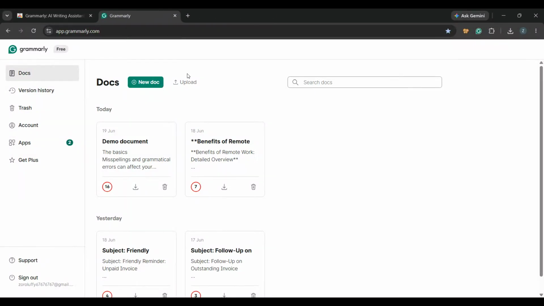If you want to sign out of your Grammarly account, this quick guide will show you exactly how to do it in just a few seconds. This is helpful if you're using a shared device, switching accounts, or just want to make sure that you've logged